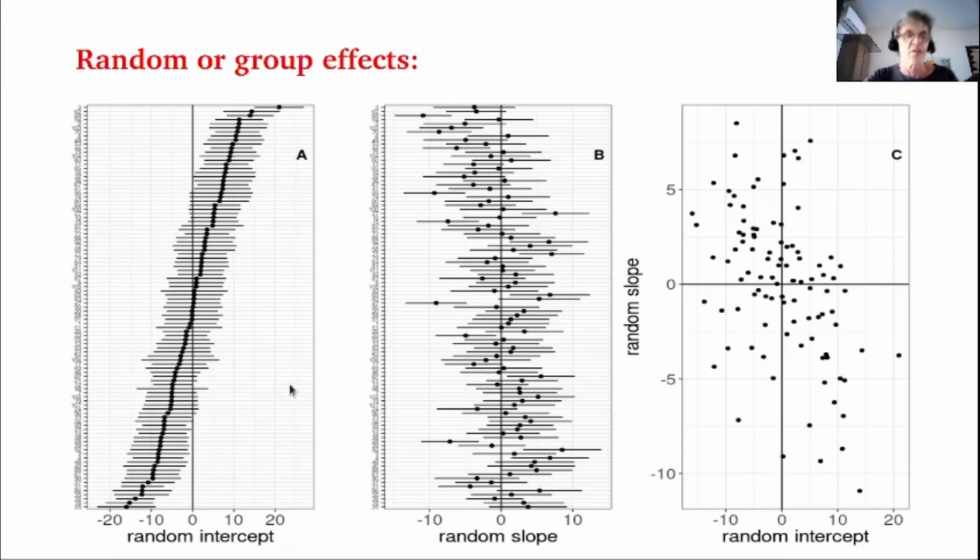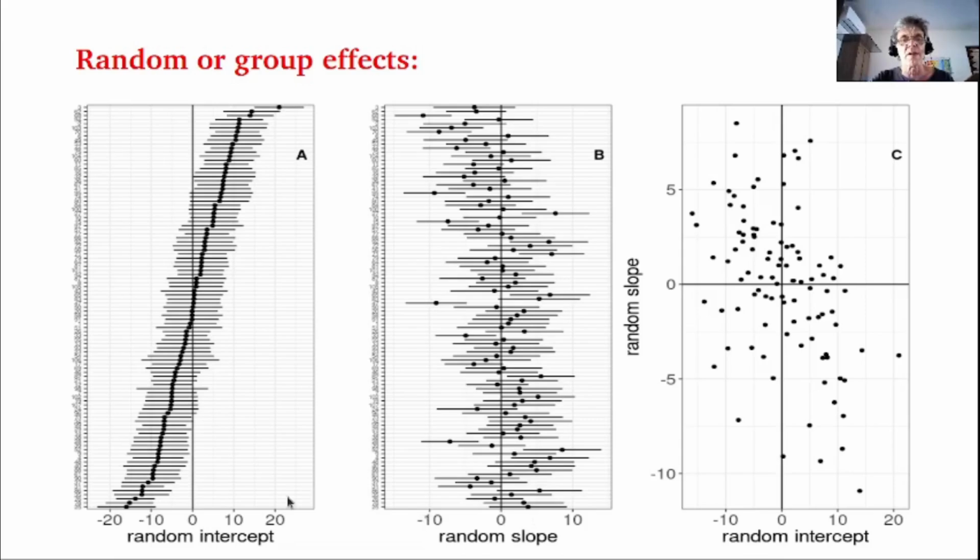for a better depiction. So here, ordered in increasing value of the random intercept, we see that there is a set of schools that have negative differentials of slopes. Their slopes are smaller than the fixed level effect or population level effect, and there are some schools whose differentials of intercepts are higher than the population or fixed level effect. Here we see, and the bars here correspond to the standard errors. Here we see the